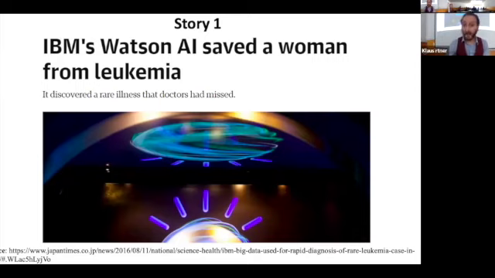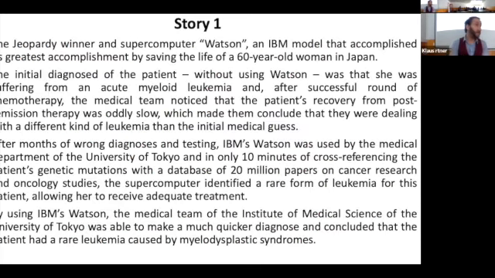So IBM's Watson is a famous supercomputer, and there was this lady in Japan who had a very specific rare disease, but doctors couldn't find the right treatment. They couldn't get the right diagnosis, and they were sort of desperate. So basically they decided to contact IBM. This took like 3 years of misdiagnosing,